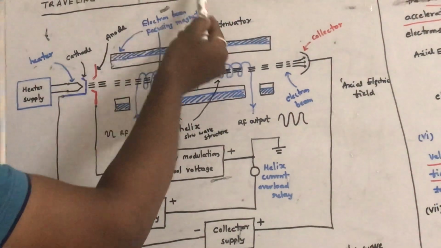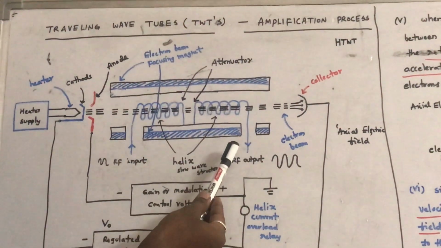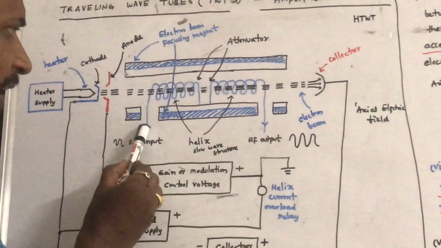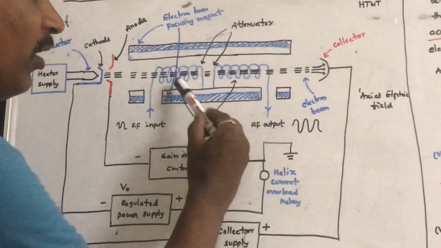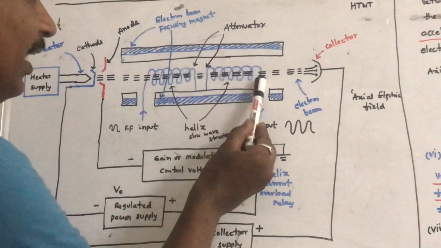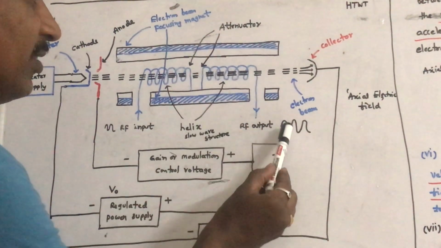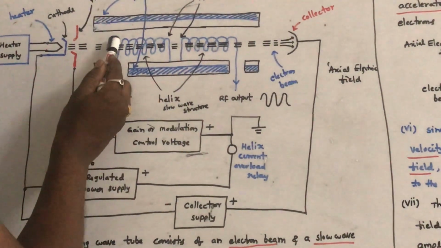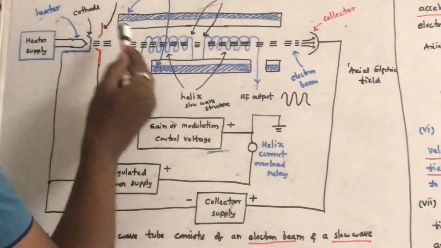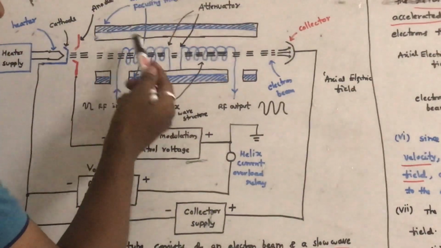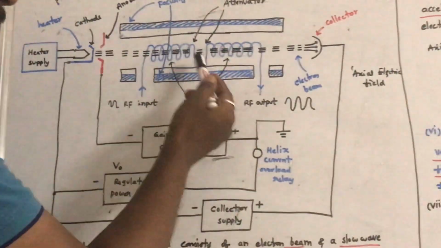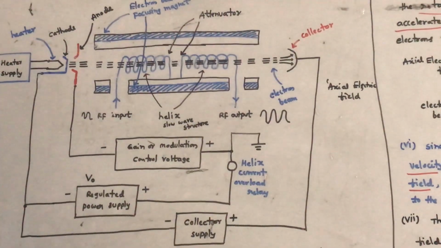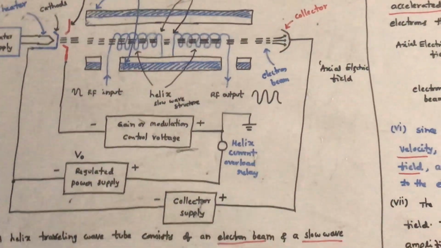Basically, this traveling wave tube is used as an amplifier. Here you can see that the RF input is given to the input of the helix, and we take the RF output at the end of the helix. This entire length is called the length of the helix. We can see there is an amplified signal. The basic mechanism is that there will be an interaction between the electron beam and the field. Because of this, the amplification process occurs. Let us see all the details of this traveling wave tube further.